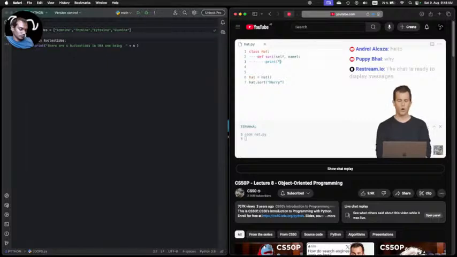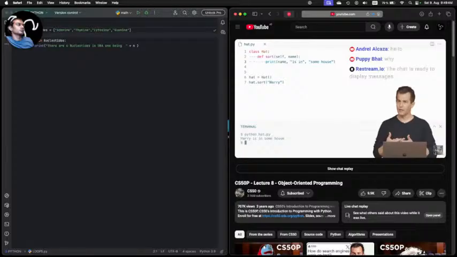Print, quote unquote, or rather print this name. How about quote unquote is in, quote unquote, some house. I'm going to again use some placeholder code for myself because I'm not quite sure how to finish implementing this sorting hat. But I think that's enough to just test where my code is at now. Let me go ahead and run python of hat.py and hit enter, and it looks like indeed Harry is in some house. We're not done yet because it's clearly not doing anything interesting, but it at least is running correctly